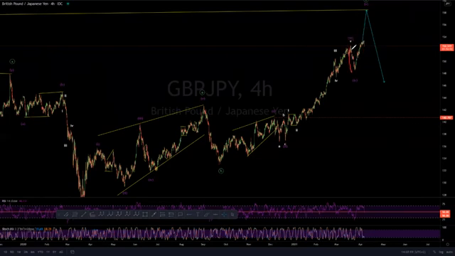So this was just a sharp correction here. It's possible that it might have ended, but I'm saying we need to watch out. We might get this flat corrective structure here, and then we get this move. If it does that, it will be a significant corrective structure, because I'm expecting that wave 4, at least,